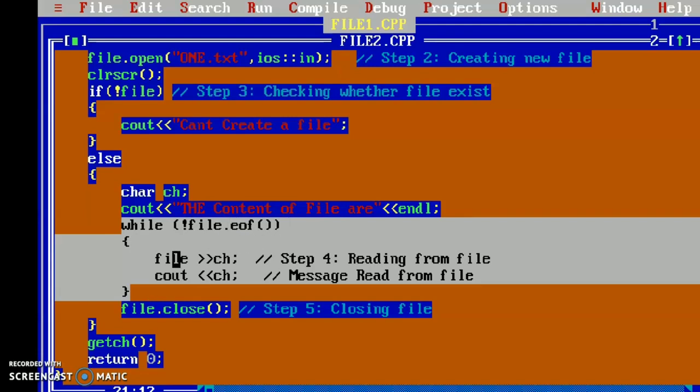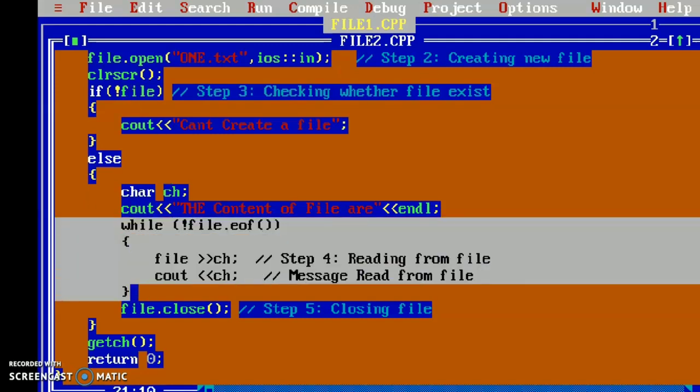Next, whatever content is in the file, we redirect it from the object and store it in the character ch. Then we display the ch. Then we have to close the file, file.close. So this is the way of reading the content from the file.